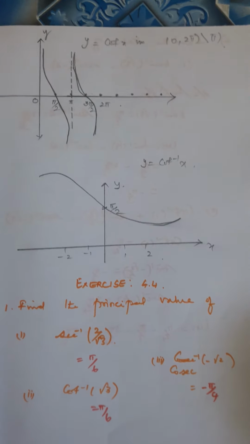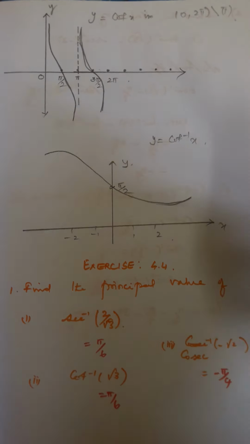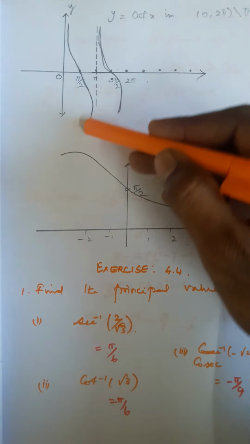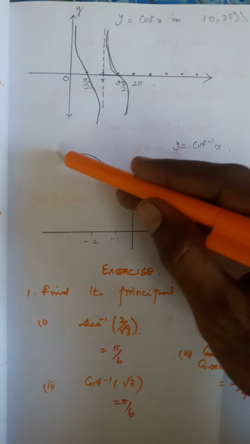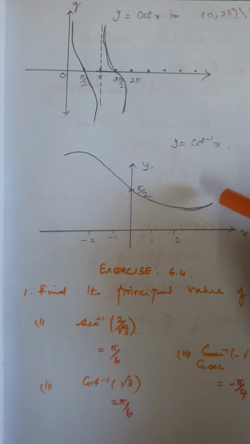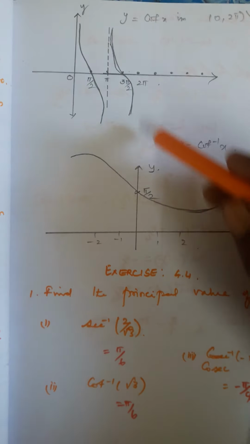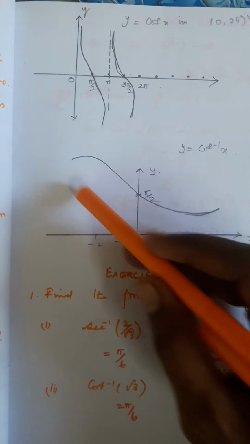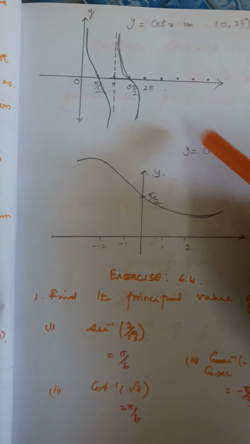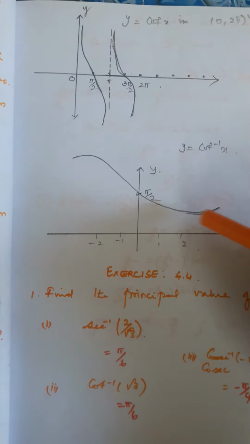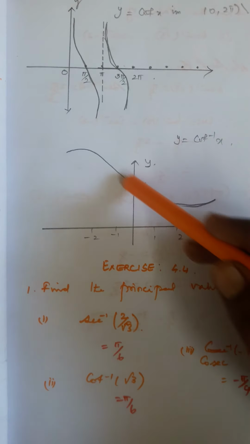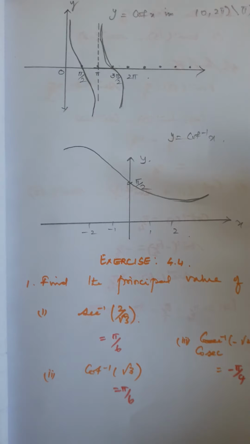It is y equal to cot x in 0 comma 2 pi. It will come like a curve, right? So it is your cot x function and this will be your cot inverse x function. So whatever you are drawing on the x axis, that on the y axis will represent the inverse function. Not only cos, all the questions.